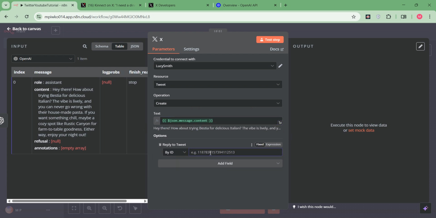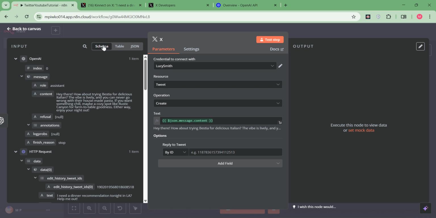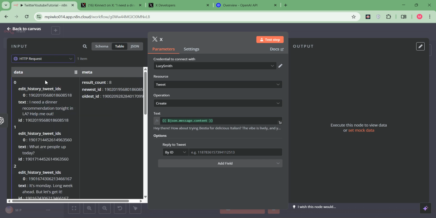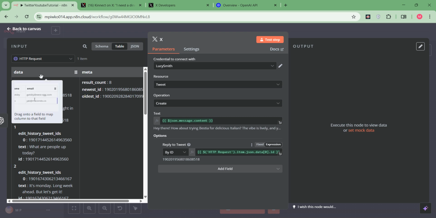And then we want to reply to the tweet ID. So up here, you have a couple of different options. And again, this can be kind of overwhelming if you're just getting started, but just bear with me here. You'll get better at it as you go. So make sure you clicked on table, and then we're going to click on this. This is going to take us through our nodes, right? So this is our first node, second node. This is the node we want to reply to, or this node is going to contain our ID that we want to reply to. So just come in here. This is the ID, right, that we said we want to reply to. This is the tweet ID, which we're going to throw right there, and that's going to allow us to